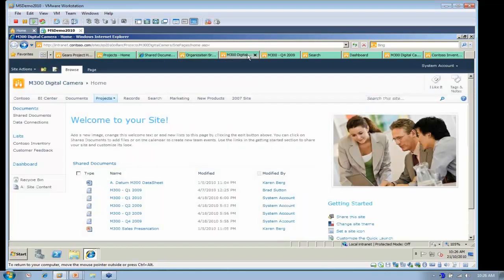Now I'll step down into a project site. So this is actually for a product. This is the M300 digital camera, and you can see here we've got a shared documents library, we've got a document set, and these are for each quarter for the document. If I select in this document set,